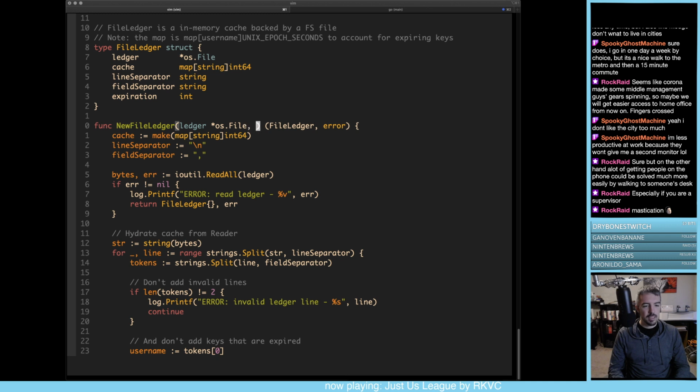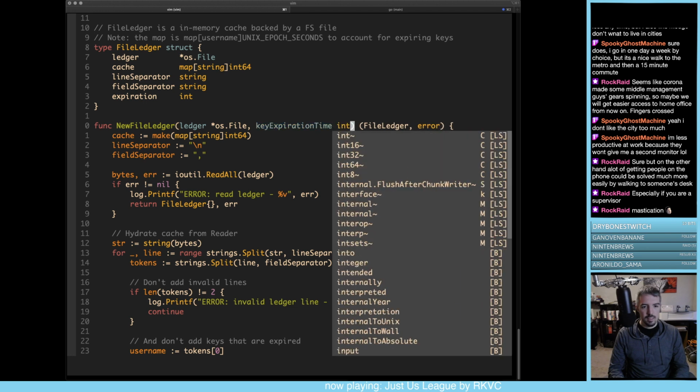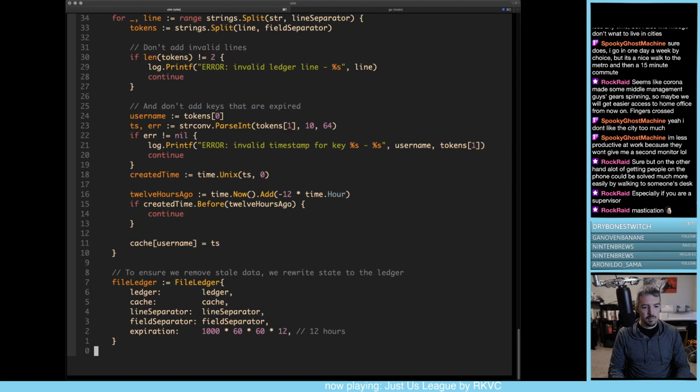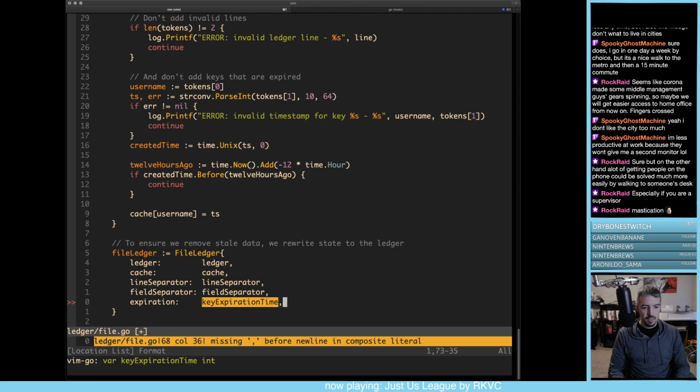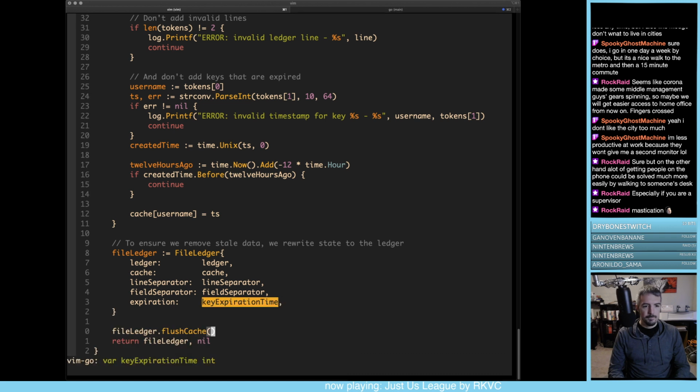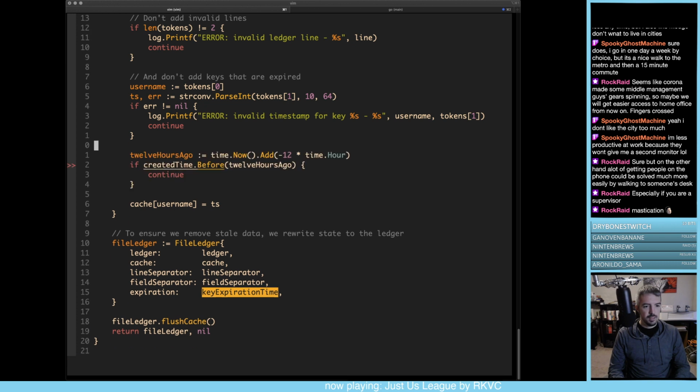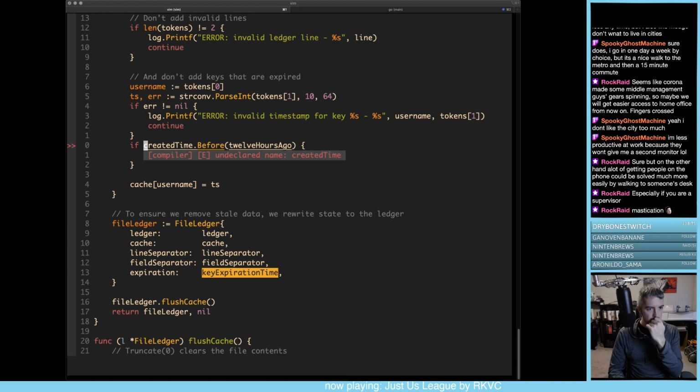Actually, just go ahead and make it an expiration. Key expiration time is an int. So key expiration time, do that. And then for this, we wouldn't have to do that. So we would just do, if timestamp is